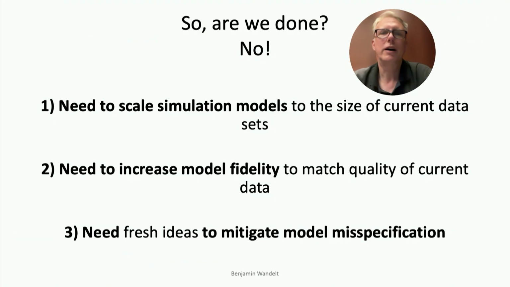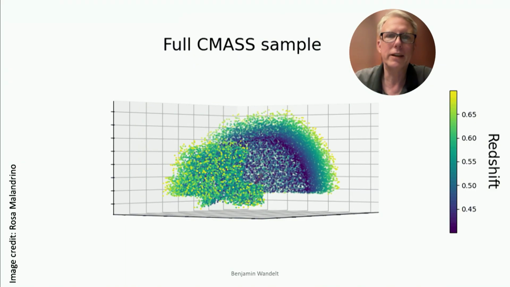So with these techniques, are we done? No. It turns out we have multiple challenges, and I think the main challenges are, one, scaling the models to the size of current datasets and coming datasets, increasing the model fidelity to get out even more information from the data, and then ways to mitigate the approximations inherent in our models, in any model, of the complex physical reality that we observe in the sky. To illustrate that, let me show you